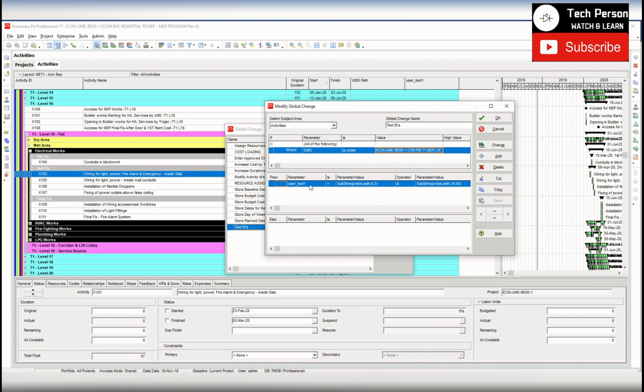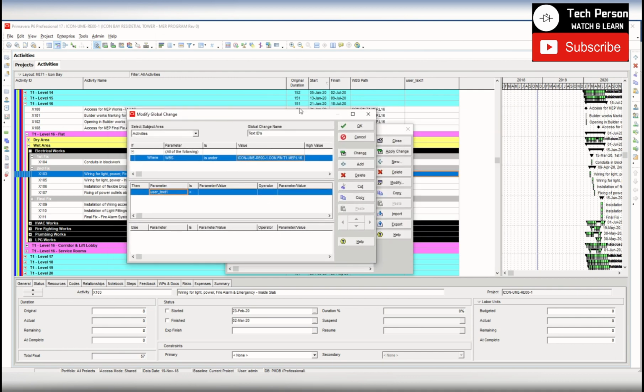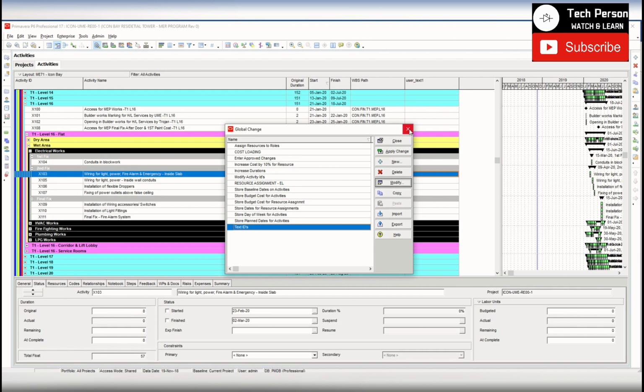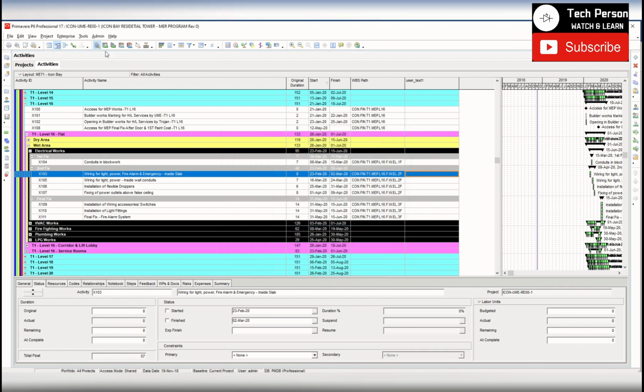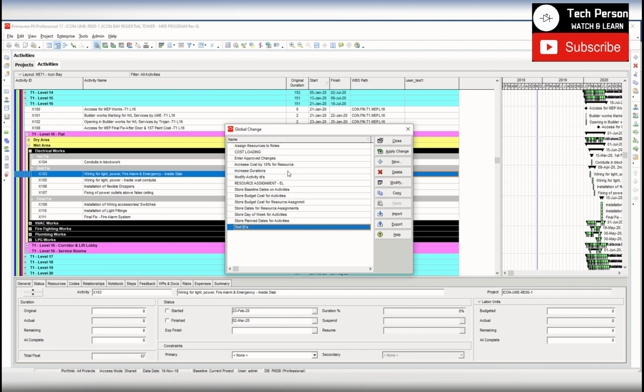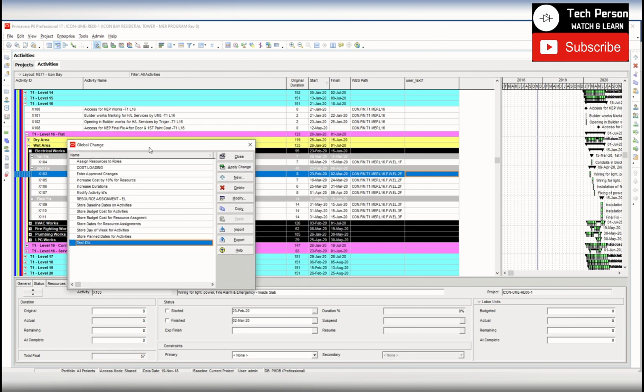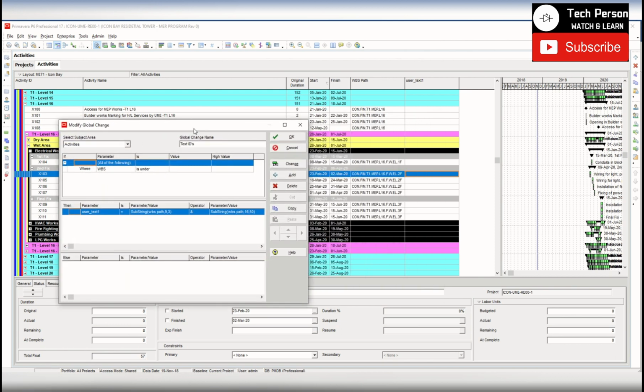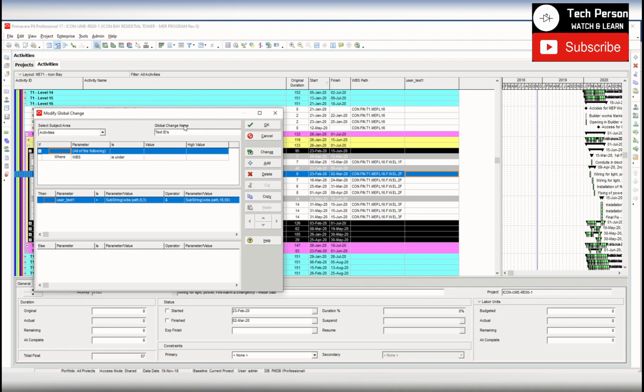Okay, here is our formula. Since we want to update this field, this column, user underscore text one, I'll just move everything to the left so you can see the changes. Move it a little there. Modify. Come here. Okay. So here is my WBS path,